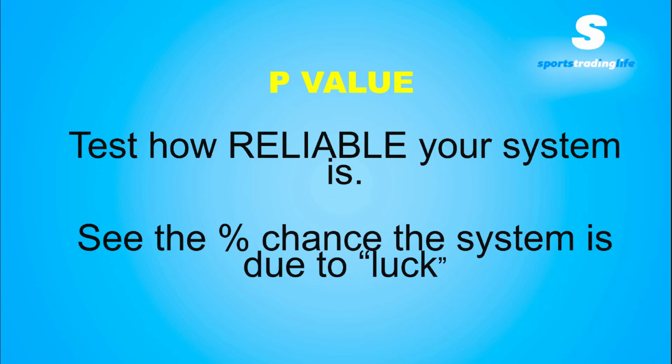Okay, if it's higher than that, like 20% or something like that, you might still think, oh well, that's not too bad. It's a 20% chance that it's down to luck. But really, for the very, very best systems, you want to aim for a 1% chance. And if you remember the show Breaking Bad, remember Walter worked hard to make his product as close to being 99% pure as possible. And so that's what you're going to be doing here, playing around with the p-value, trying to build a system which is going to be 99% pure and 99% not down to luck, 99% down to the actual reliability of the system.